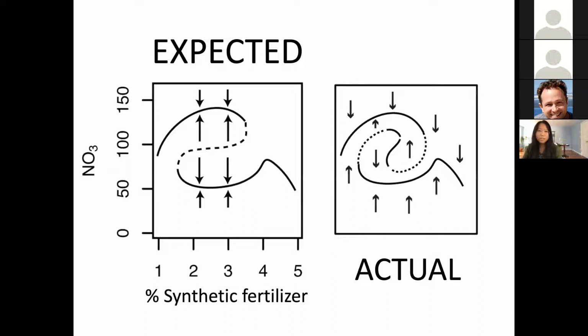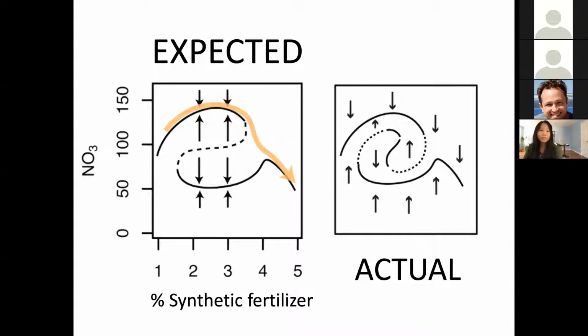So we expected hysteresis, but in the literature, hysteresis is most often drawn like the simple S curve on the left. Here we show empirically, and also in our models, that there may be more complicated hysteretic patterns like this double S curve on the right, hysteresis within hysteresis. And on the outside, the dynamics are the same. So forwards transitions look like this, and backwards transitions would look like this.